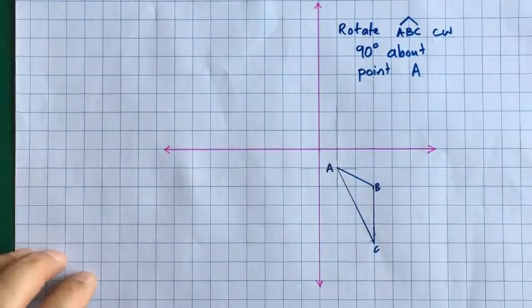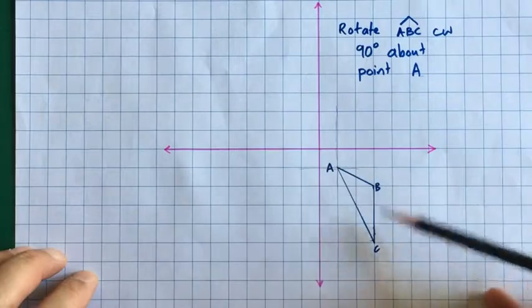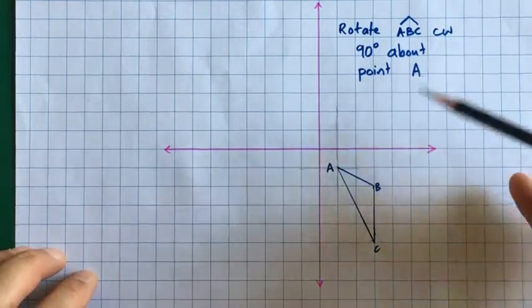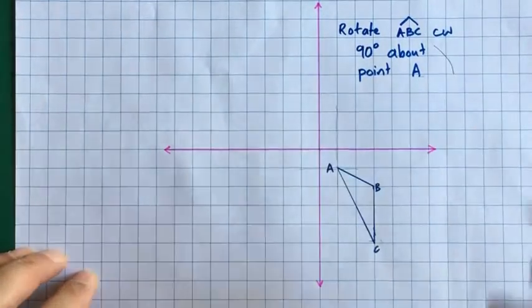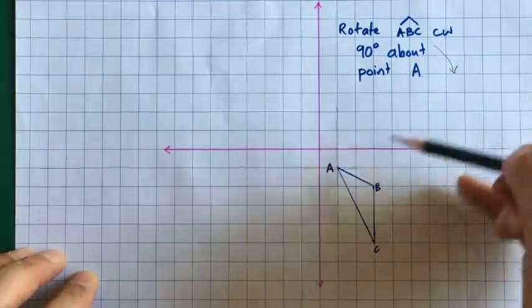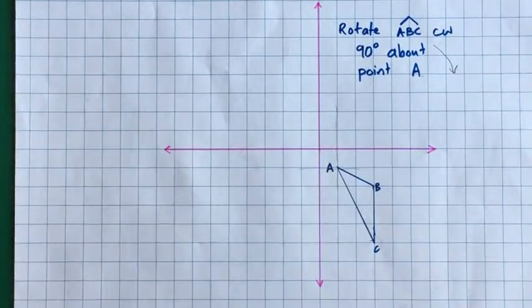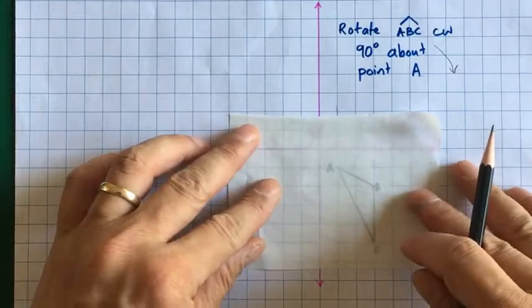So we've got a task here. It says to rotate the triangle ABC clockwise, so this way, right? So this way, 90 degrees about point A. So point A here. Now what I like to do when I do my rotations,